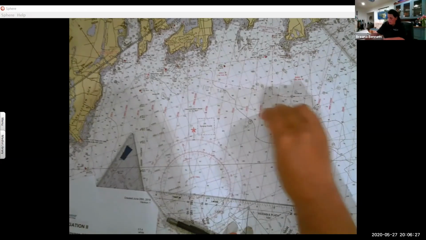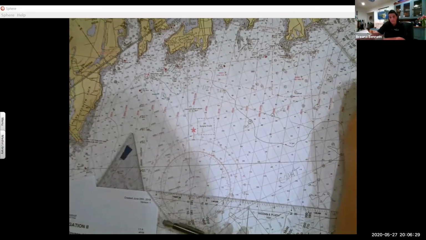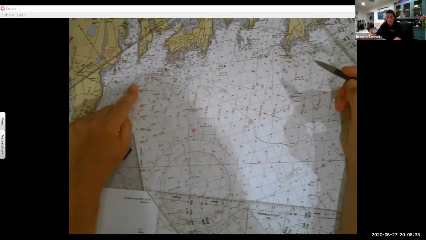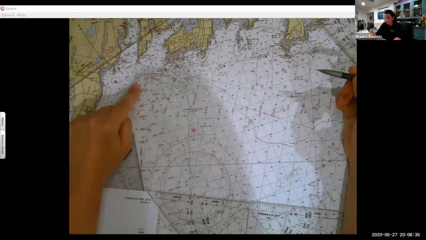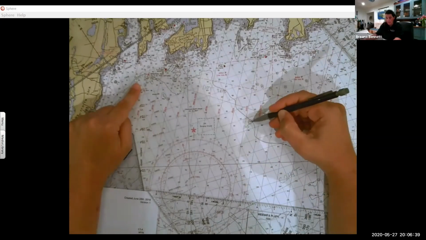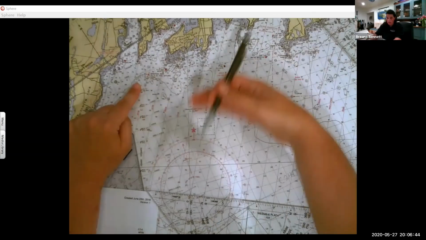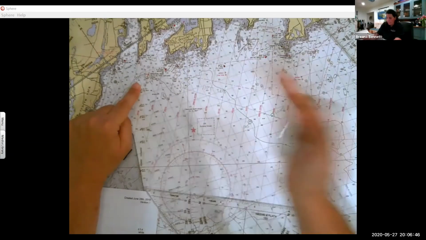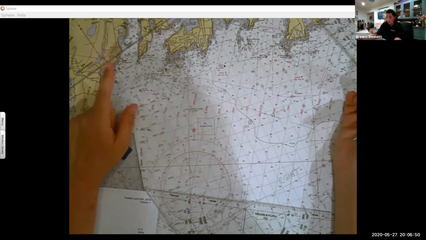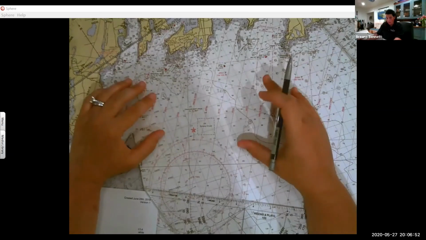Some of these lines make it less confusing. Okay, so looking back in the last hour, this was at 9:45, this is at 10:45, where I thought it'd be. That's where I actually am. So somehow I've drifted south of my track line, and I haven't made as good a speed as I would have liked. So if I bring this to the vector triangle,